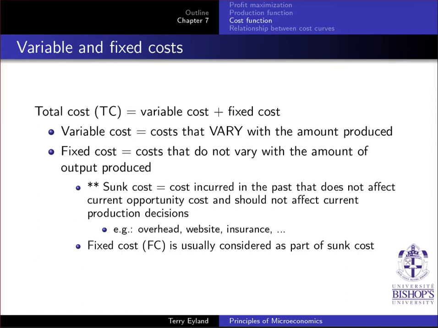If you think about running a coffee shop, your variable cost could be the number of workers hired, because if you decide not to produce anything, you don't need any workers. The more coffees you want to produce, the more workers you have to hire, and the more coffee grains, electricity, water,